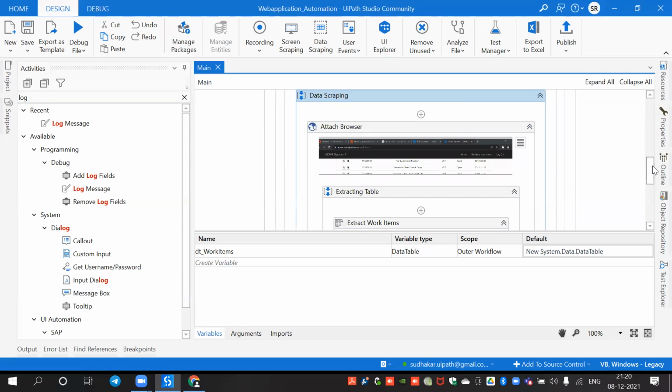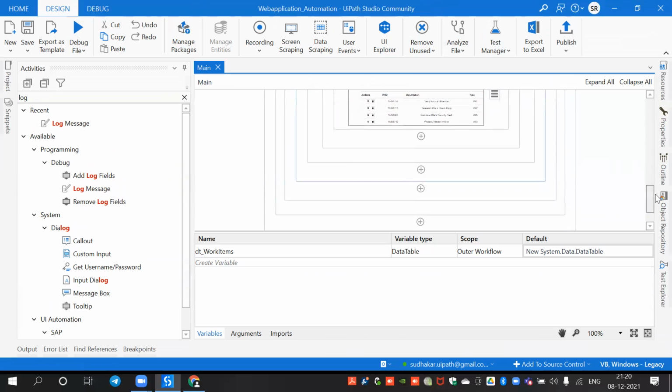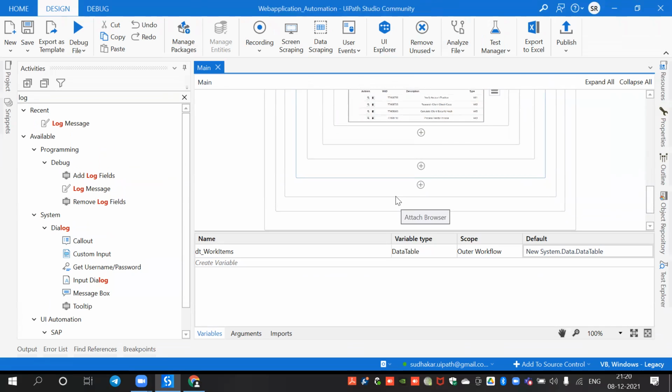So this is the data scraping, right? Here, ending here, what do we have to do? We have to add the data into that. Now I want to use a queue concept to add all my data into the queue. So whenever I'm adding the data into the queue, so here,